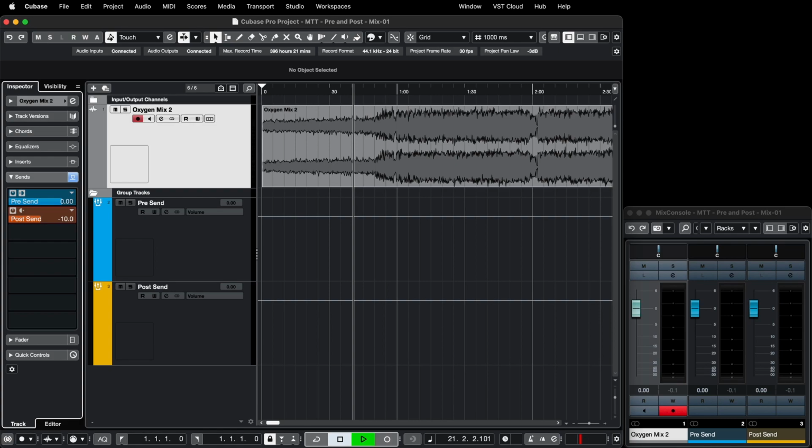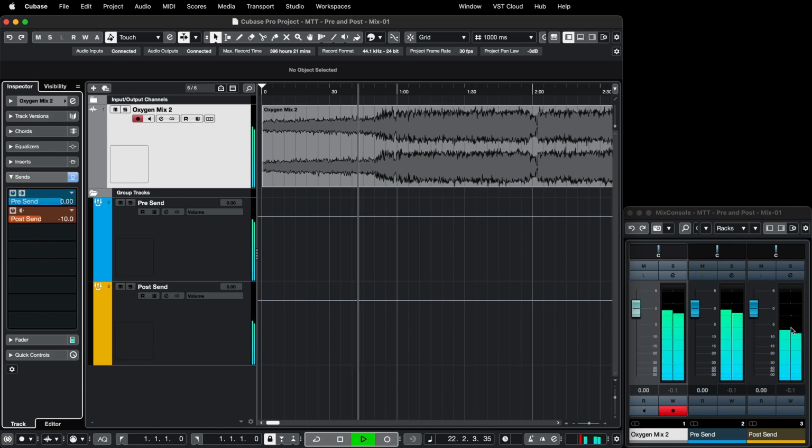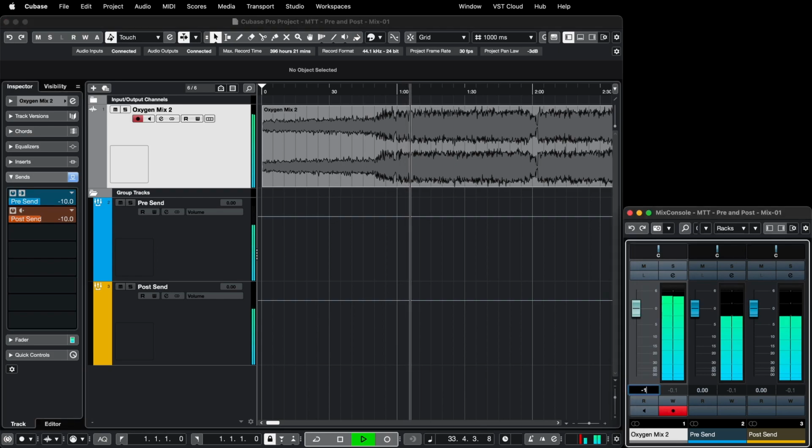And see what happens here. As you would imagine, this has come down by 10 dB because we're sending it 10 dB less. This is still at 0 because it's at 0 on the send here. So if we put this send to -10, you can see now our pre-send, even though it's at pre, is at -10. But if we then change the fader to -10 as well,